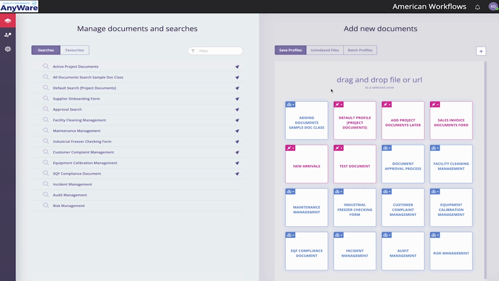Now, within Quality Assurance Anywhere, we search using basically saved searches on the left, as you can see right now. These searches can be configured to be as general or as wide as you like. And then on the right side,